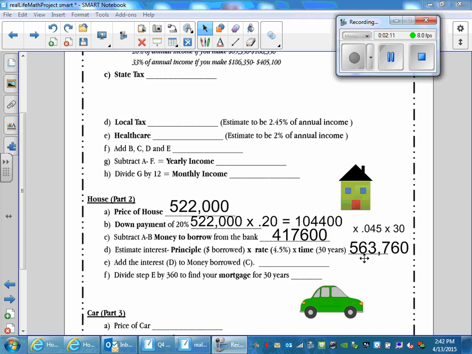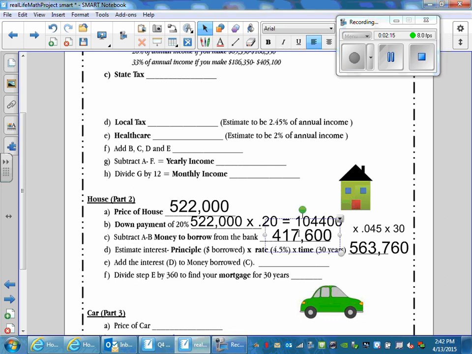All right, so as you can see, this came out to be more than the price of the house. So you're going to end up spending a lot for this house if you just only make your monthly payment. That's how the bank makes their money back over the 30 years. So E says add D and E. So I still owe $417, and now I have to pay $563 in interest over all this time. So I need all